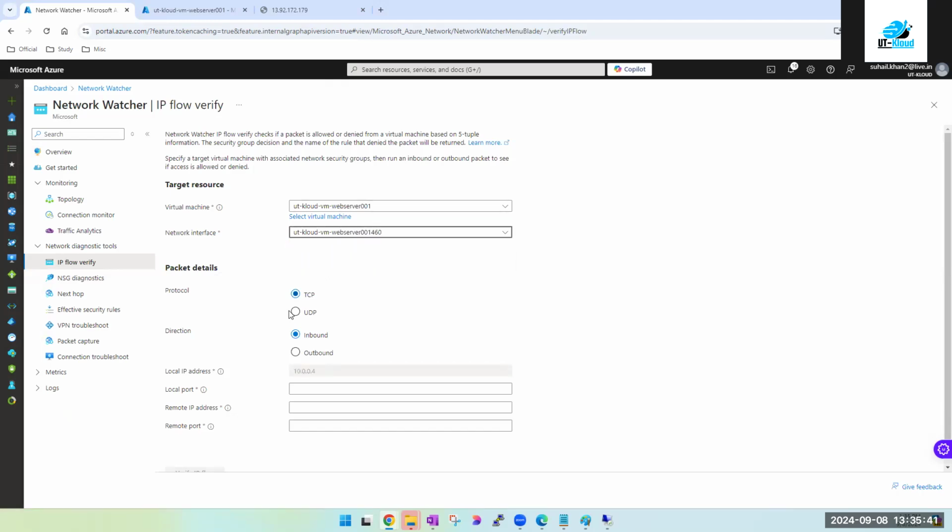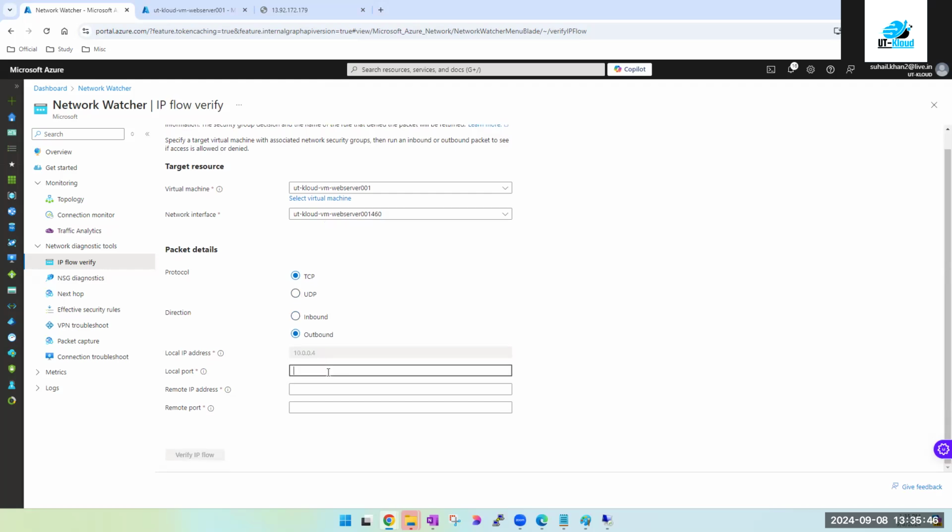the network interface is this, TCP, outbound, what local port? It's 80, remote IP. Let's say I'm trying to access google.com, or in this case you will get the IP addresses. Why IP addresses? Because users will not complain that they are not able to access XYZ website. They will specifically come and say this application is not working. ये उनका IP address है, ठीक है। रिमोट पोर्ट भी होगा 80. This is Google's IP address. I've got इनका DNS address है.